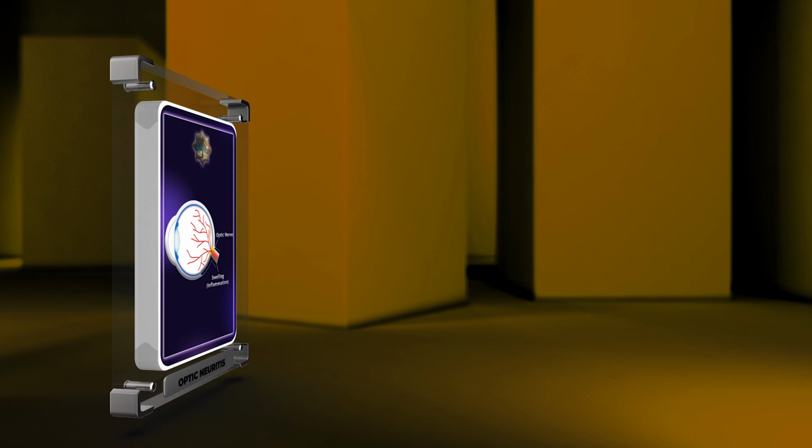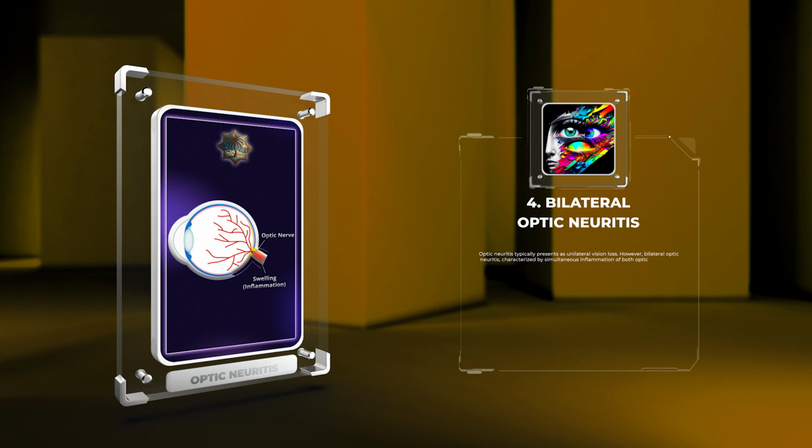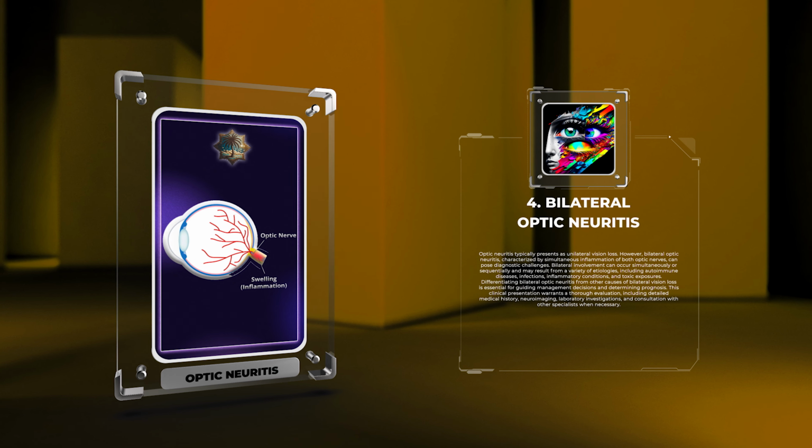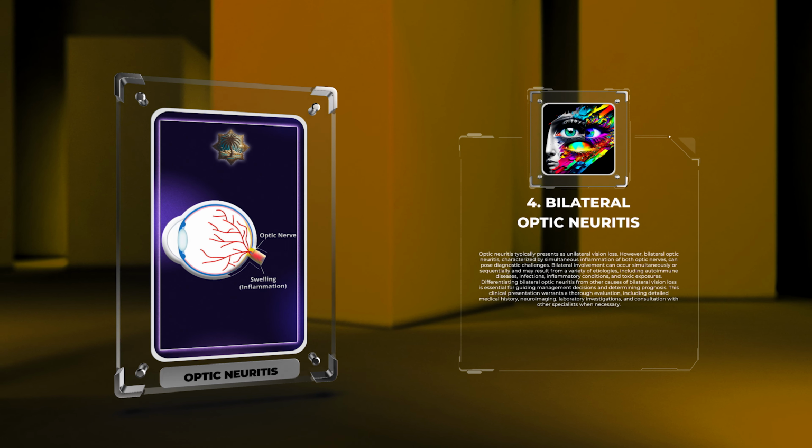Optic neuritis typically presents as unilateral vision loss. However, bilateral optic neuritis, characterized by simultaneous inflammation of both optic nerves, can pose diagnostic challenges. Bilateral involvement can occur simultaneously or sequentially and may result from a variety of etiologies, including autoimmune diseases, infections, inflammatory conditions, and toxic exposures. Differentiating bilateral optic neuritis from other causes of bilateral vision loss is essential for guiding management